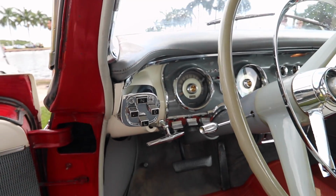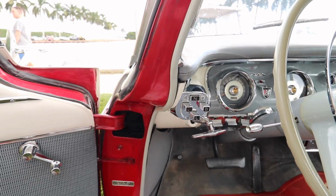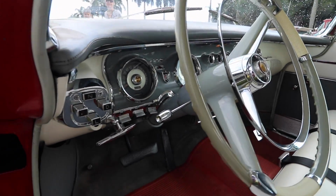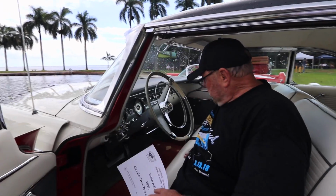What is this over here? That's your transmission. That's a push-button transmission. That's where your park, your drive, your low, and your neutral is. Nice. That's all original. That's not a redone interior. Now, a couple of the rare options on the car are